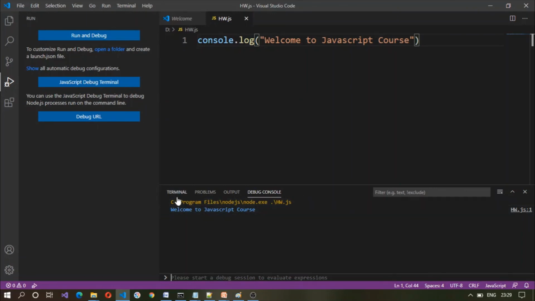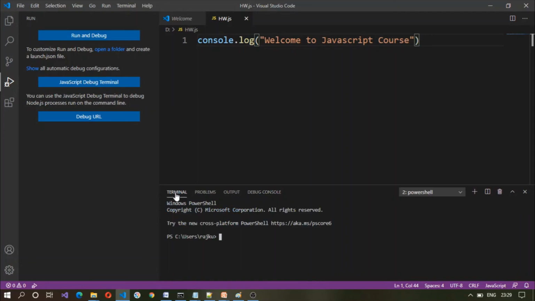The other thing here is you can see the terminal, which is nothing but a Windows PowerShell command prompt. Here also you can run the same program by using node, and we have stored it under the D drive. By providing the JavaScript file name, this will print "Welcome to JavaScript course".